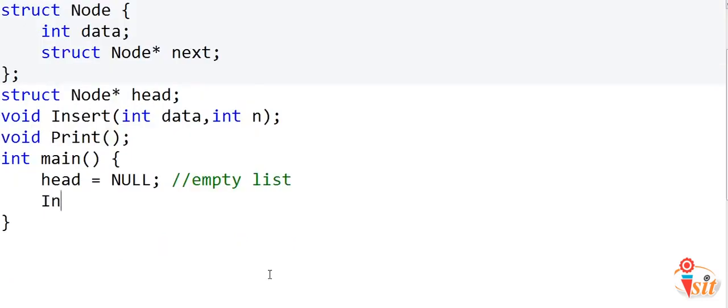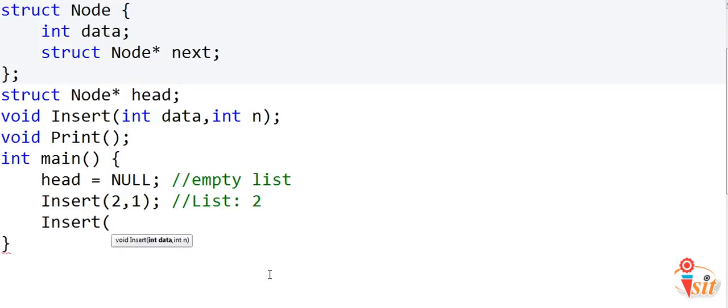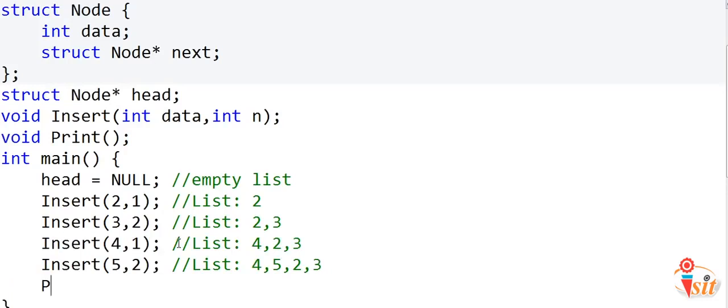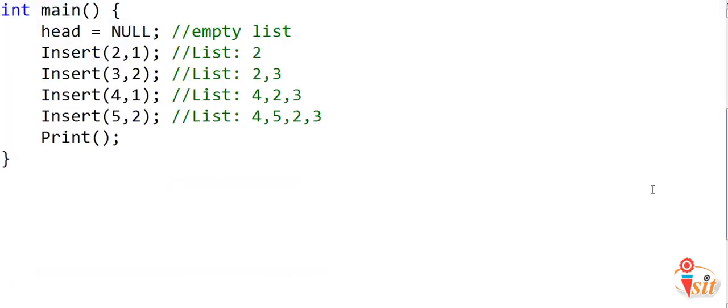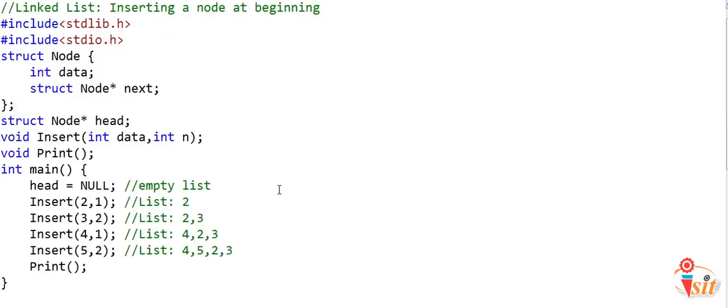Now in the main method I want to make a sequence of function calls. First I want to insert number 2. The list is empty right now, so I can only insert at position 1. So after this, the list will be having this one number, 2, and let's say again I want to insert number 3 at position 2. So this will be our list after this insertion, and I will make two more insertions, and finally I'll print the list. So this is my main method. I could have also asked a user to input a number and position, but let's say we go this way this time. Now let us first implement insert.